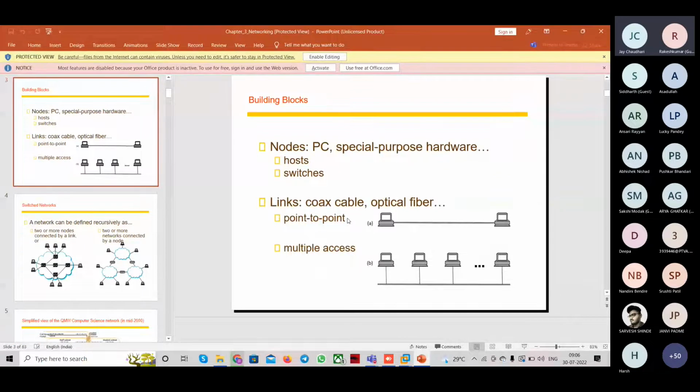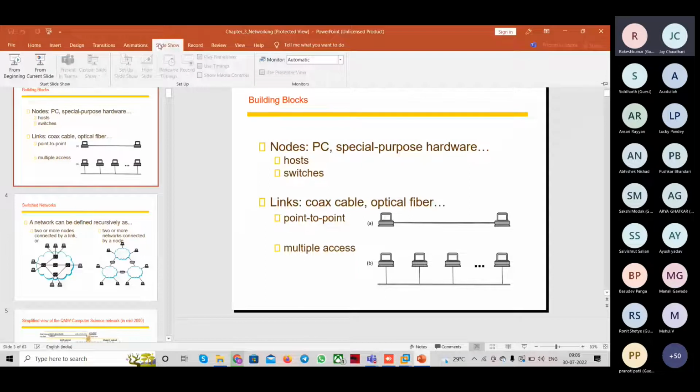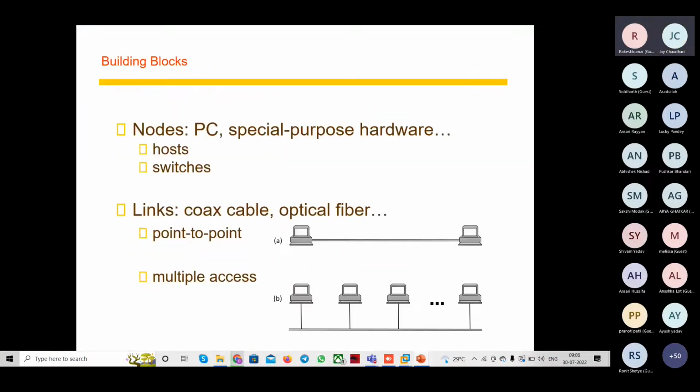Here you can see, we'll put on slideshow mode from the beginning. Yeah. Okay. So here you can see multiple access. That means यहाँ पे एक सिस्टम होगा जिसका एक्सेस ये तीनों से होगा। मतलब